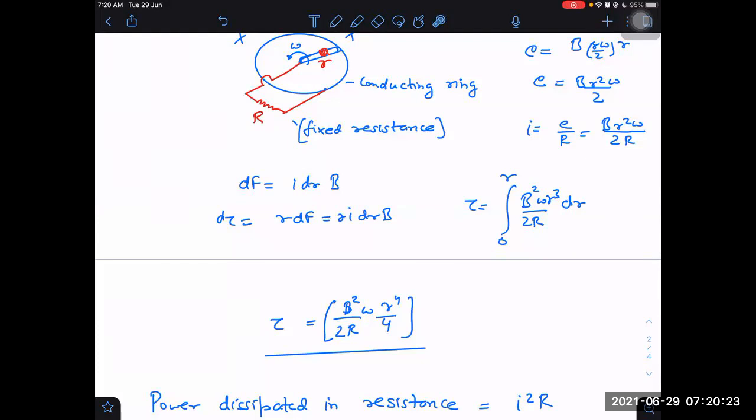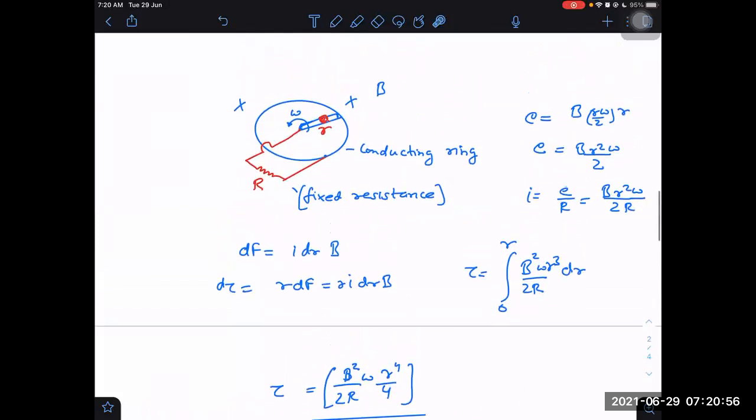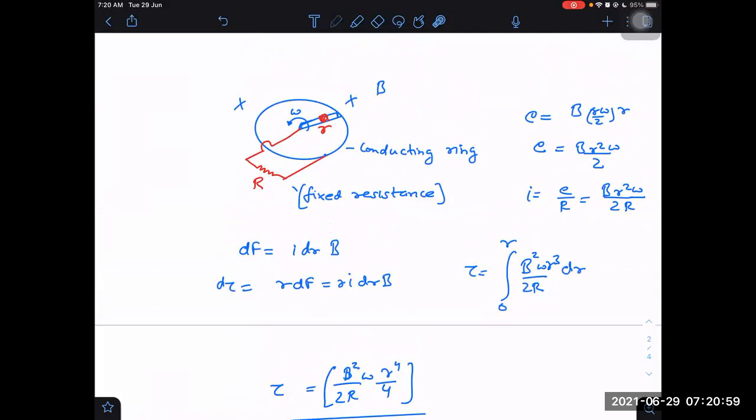Sir? Yes. By taking I outside, then it's coming, sir. By taking I outside from integration. Okay, I can be taken out because I will be constant. That is true. But oh, I understood the mistake. The notation I have used is confusing. That's why we got this. Never expected this. See, just one slight thing can create a lot of problem.